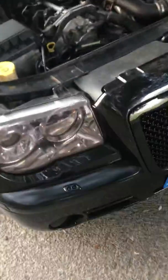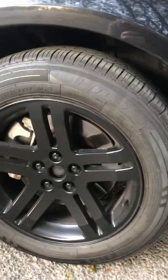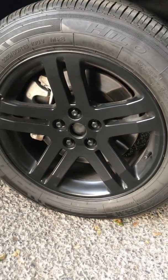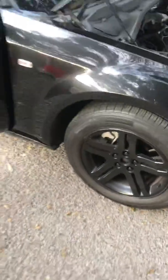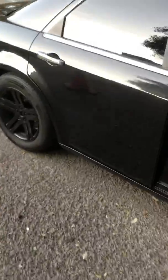Bentley style grille, wrapped the headlights, de-chromed it, got rid of these little horrible strips on the side, just tightened the wheels up a little bit. They ain't great, but I want to do another video when I get some new wheels because I want to do a suspension drop. De-chromed the back,